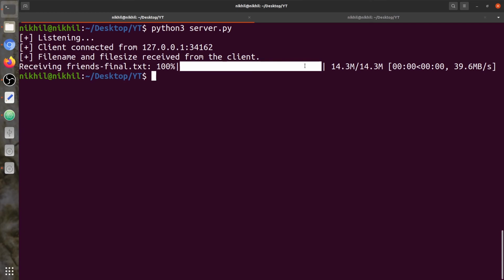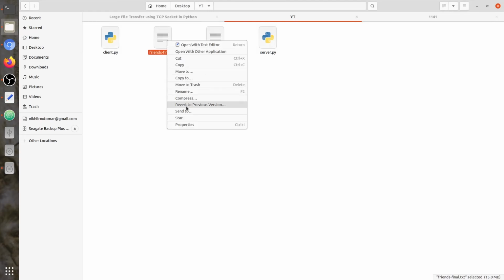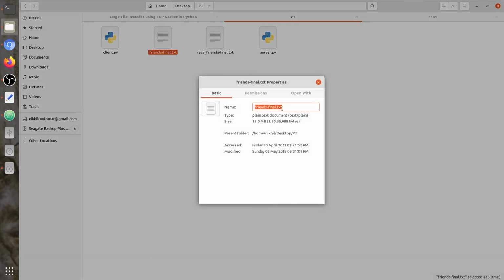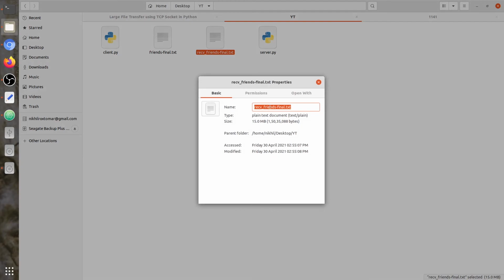So let's open this. You can see here we have two files now. The initial file, friends final.txt, is 15 MB, and you can see the last 3 bytes. And here is the file received by the server. Its name is receive_file_friends_final.txt. Here you can see again 15 MB, and the last 3 bytes are also the same.